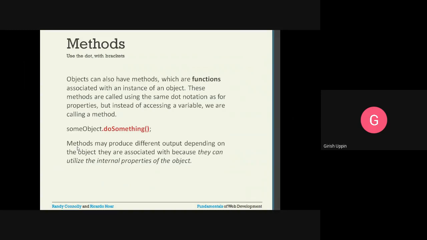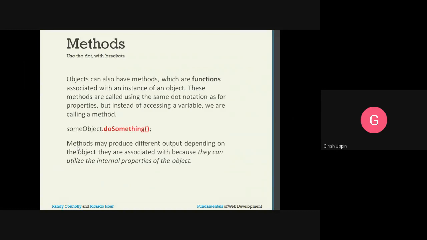Objects can also have methods, which are functions associated with the instance of an object. These methods are called using the same dot notation as for properties, but instead of accessing a variable, we are calling a method. So accessing the functions or the methods inside the object is exactly the same as what we did for the properties.